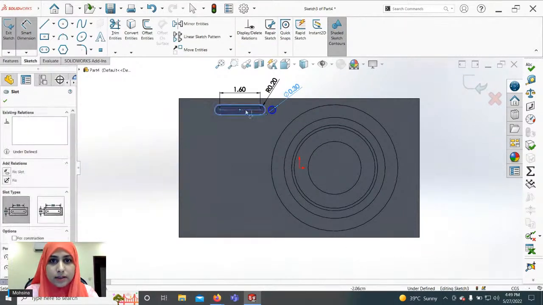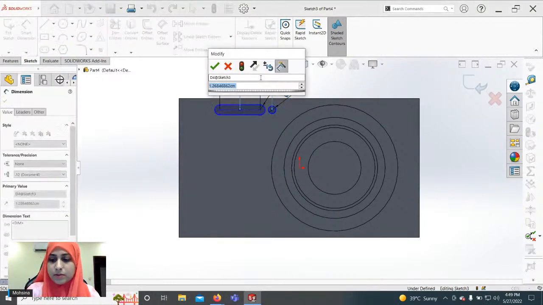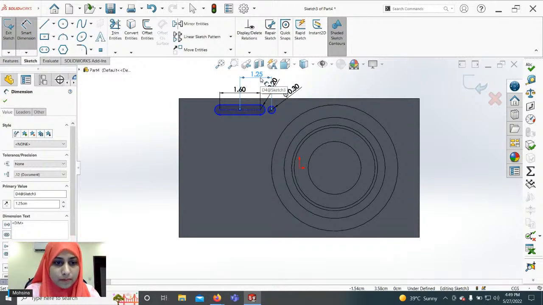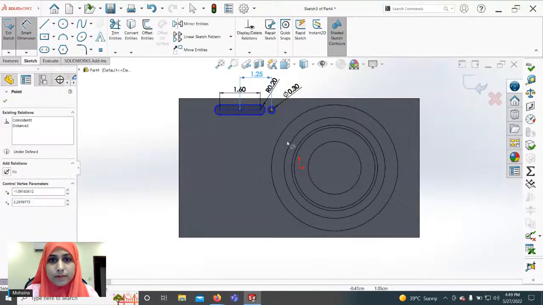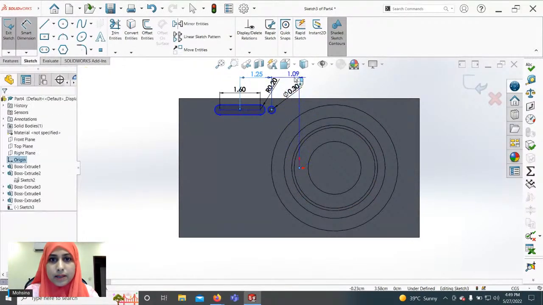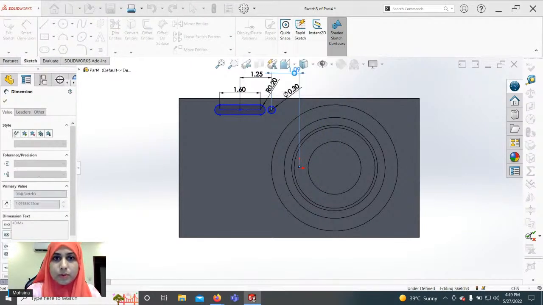Let's add other dimensions. The distance between the centers is 1.25. Again, linking it to origin. This would be 0.45.